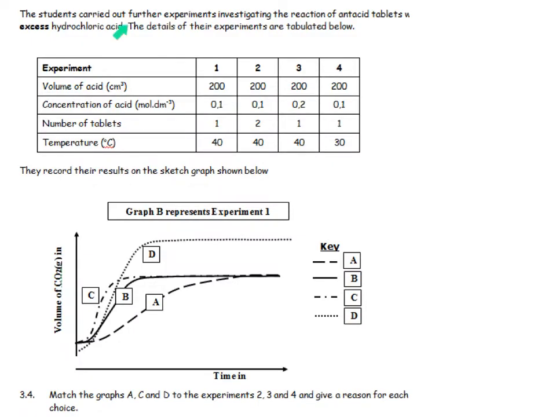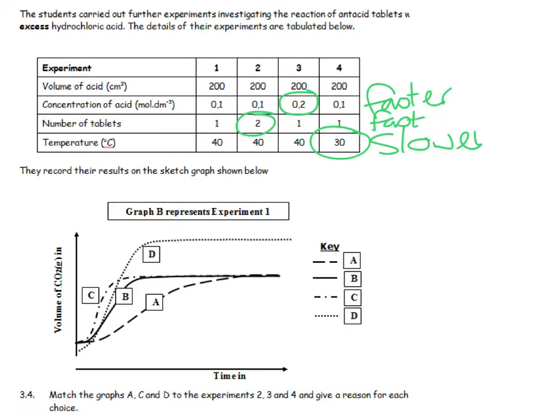The students carried out further experiments investigating the reaction of antacid tablets with excess hydrochloric acid, and the details are below. So you're always going to look for the anomalous piece of information here. That's the only one with a higher concentration. Here is the only one with a higher tablet, and here's the only one with a lower temperature. So this will be slower, this will be faster, and this will be faster because there is more surface area, and you will get more product. They say you've got excess hydrochloric acid, so there's plenty of HCl. So you will land up getting more product